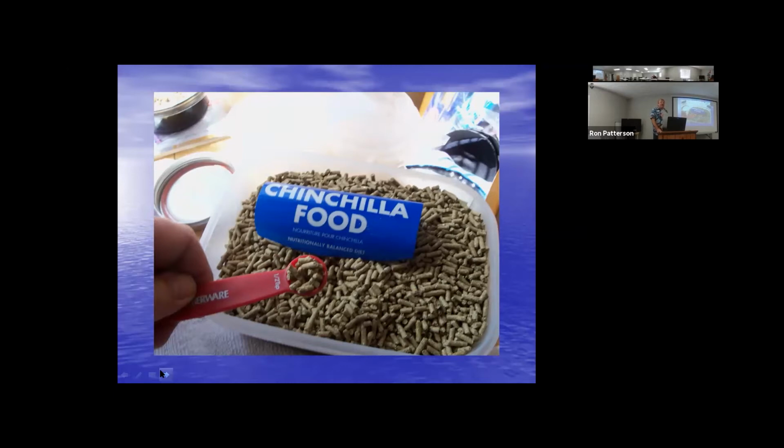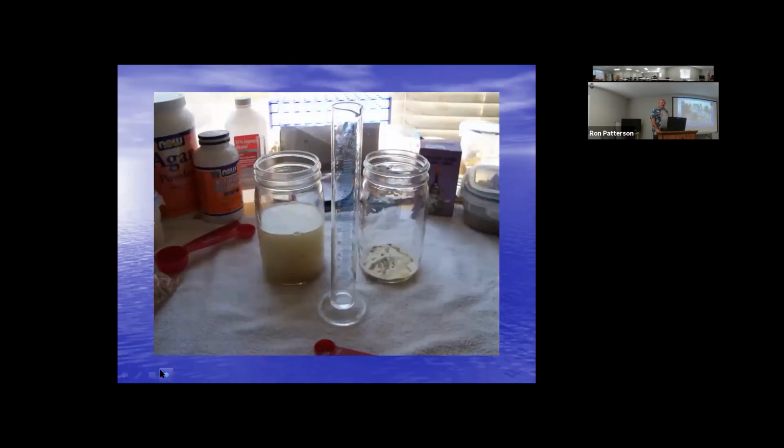But I found that out of all the alfalfa products, chinchilla food has the complete nutrients that seem to work best for oyster mushrooms. And then you can either measure 100 milliliters of water or just fill the mason jar about halfway full. We're going to take